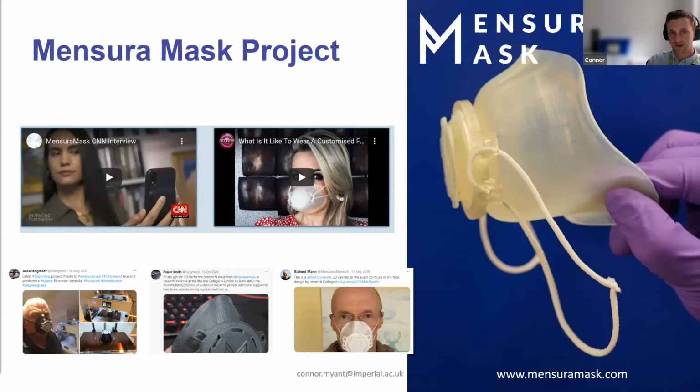So it was a little bit reliant at that stage that the participants in the research project would have access to their own 3D printer or somebody else's 3D printer, and they could print their mask. And I've got here a couple of tweets from people that managed to do that, and thankfully gave us reasonably positive feedback on the whole process. And actually this